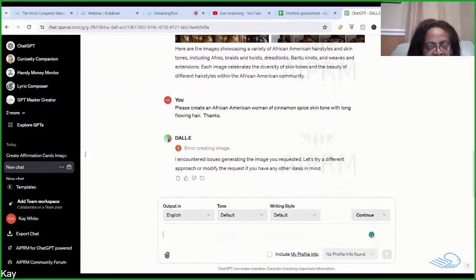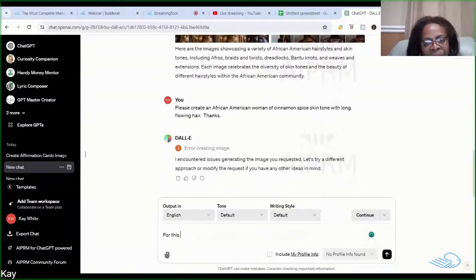Okay, let's see. Sometimes if I say I'm creating it for a specific project, this is just a little tip that might help you, I'll get better results too. So let's see, for this project, now let's say,